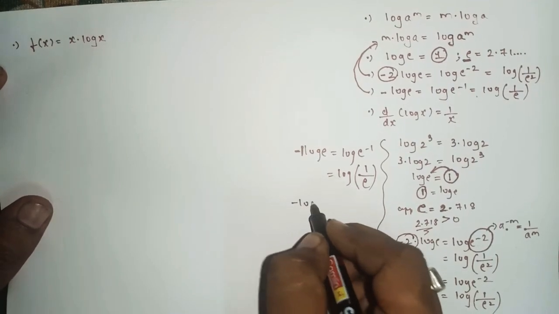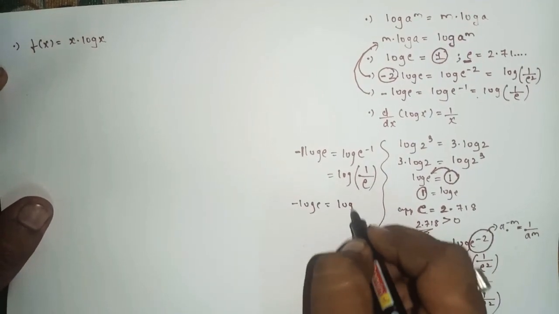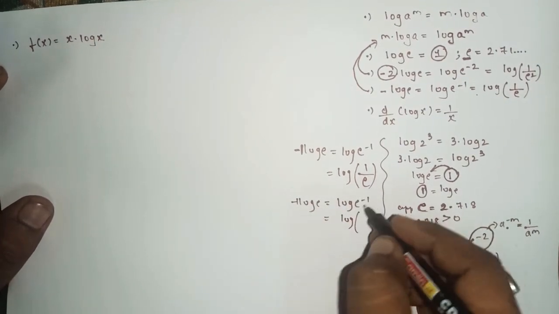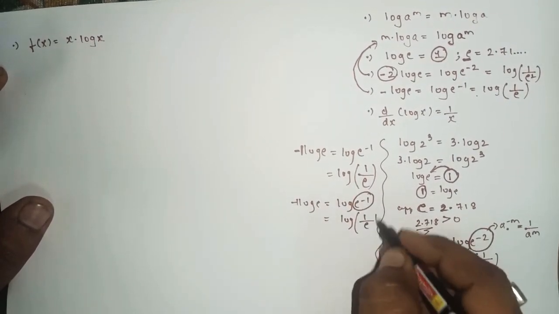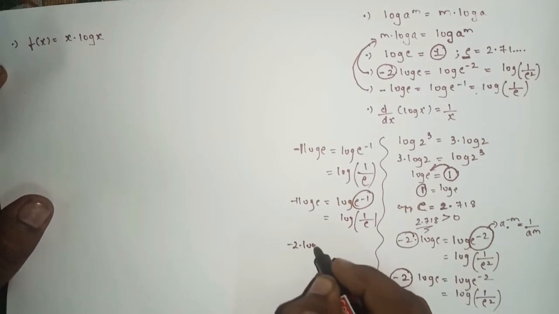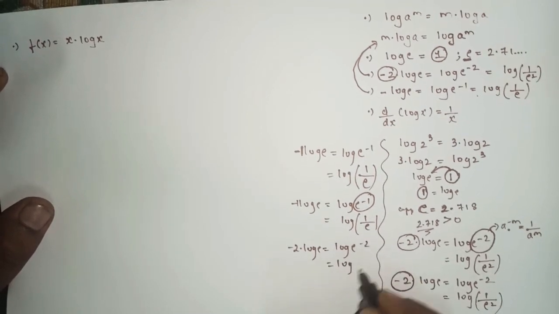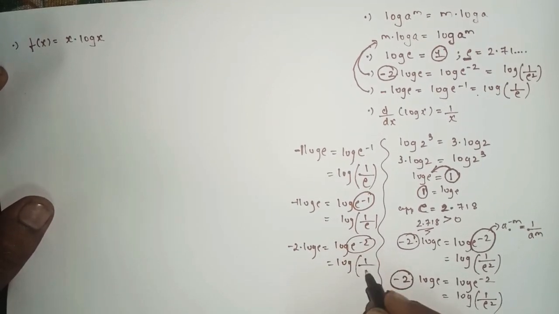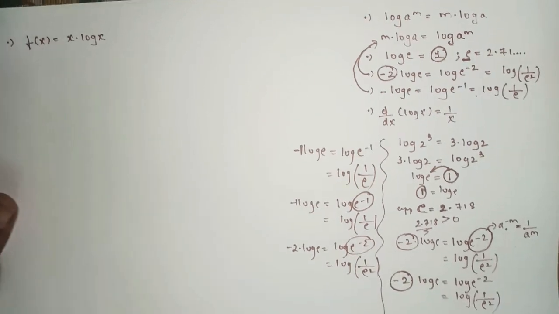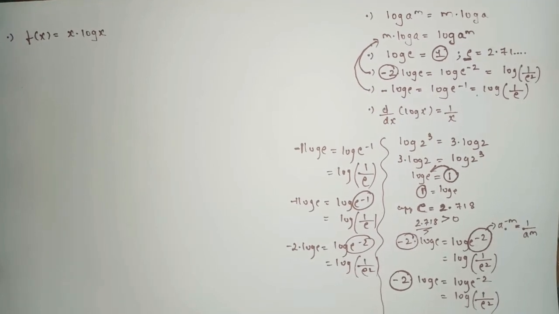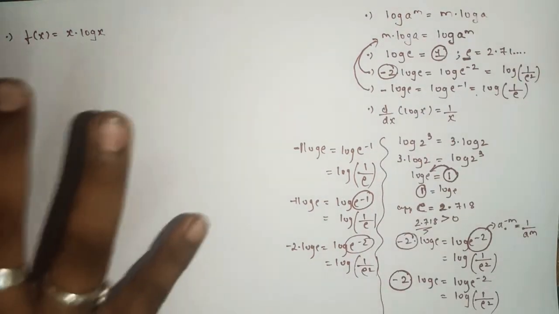Whenever it is minus log e, this can be written as log e raised to minus 1. So here nothing is there, so we can write 1. So log of e raised to minus 1 we can write as 1 upon e. Suppose it is minus 2 into log e, this we can write as log e raised to minus 2. So we'll keep this log as it is, and e raised to minus 2 we can write as 1 upon e square. So these are the basic things which you have to remember before dealing with sums based on the logarithm. If you don't know the basic concept about the logarithm, it will be difficult for us